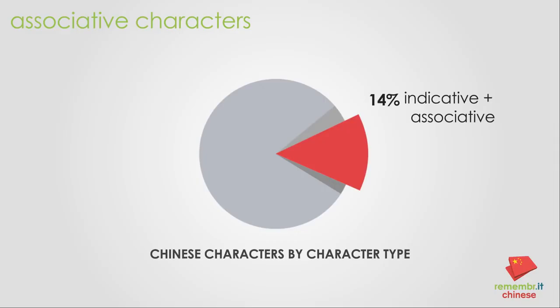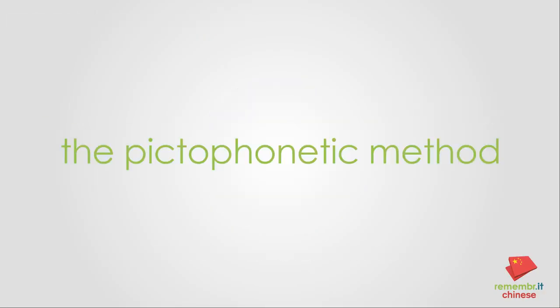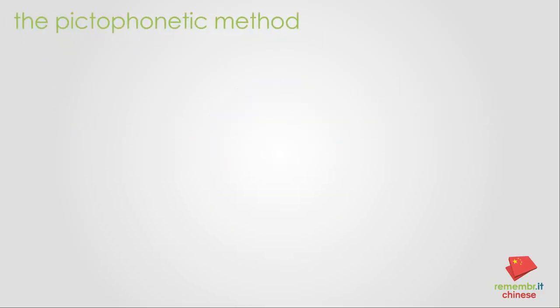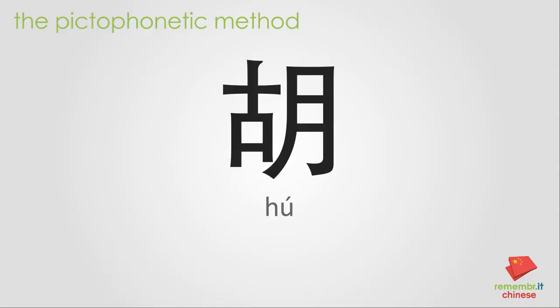The great breakthrough in the evolution of Chinese characters came with what is known as the pictophonetic method. Let's say we want to create a character for the word 湖 meaning a lake. We start off by taking an existing character that has the same sound, in this case the character 湖 meaning Mongol or Tartar, 2 of the northern tribes of China. We then add a picture radical to differentiate the character and to convey its meaning. In this case, we add the water radical to the left, and now we have a new character for the